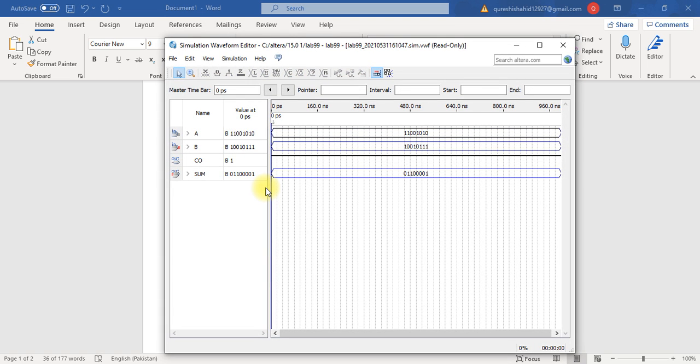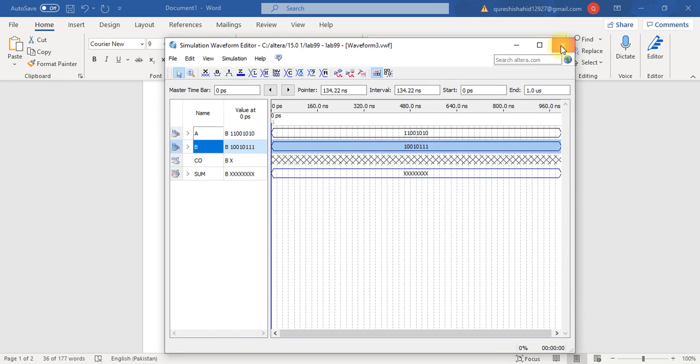So as you can see, we are going to get a carry out of 1. How do we get carry out 1? As you can see, we perform this addition operation: 0 plus 1 is 1, 1 plus 1 is 0 with carry 1, 1 plus 1 is 0 with carry 1, 1 plus 1 is 0 with carry 1. So 1 plus 1 is 0 with carry 1, and that 1 would be here. 1 plus 0 is 1, and 1 plus 1 generates 0 with the carry out equal to 1. So in this way we can see how the carry out operation really works.